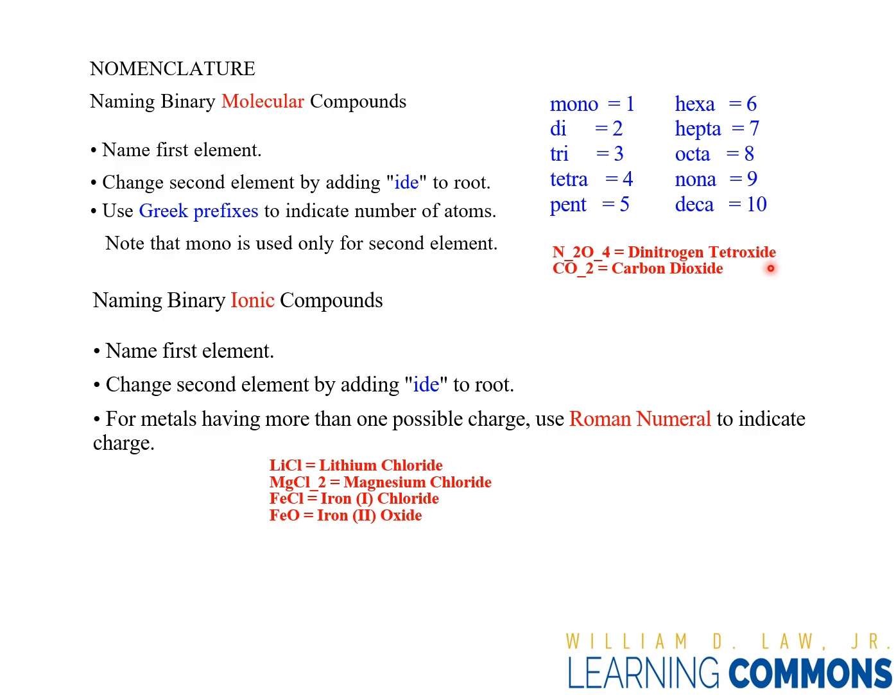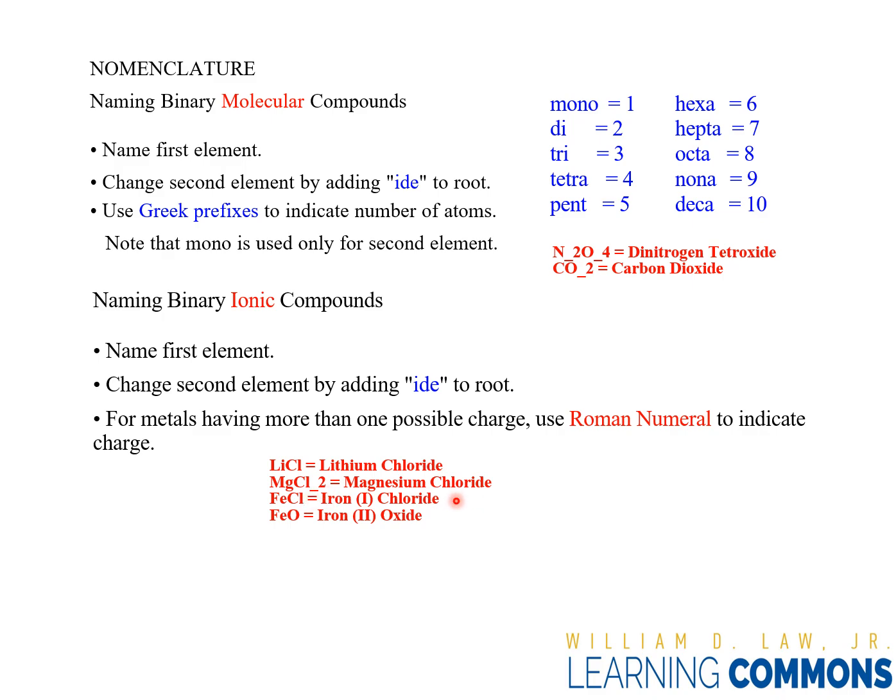For naming a binary ionic compound, we use the same thing, but the difference is the oxidation number, and we have to use the Roman numeral. If you see this here, lithium is as is from the periodic table, and we just change chlorine to chloride. Magnesium dichloride: we keep the magnesium as is, but here the di, like two